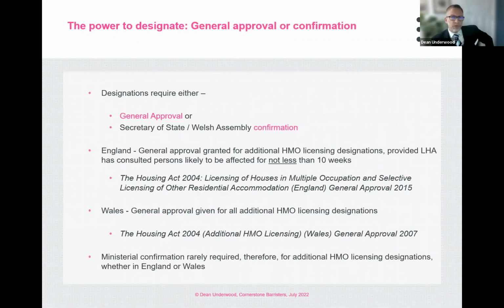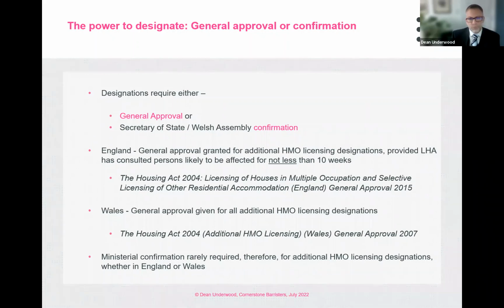So let's take a look at general approval or confirmation. And as we'll see, there is a critical distinction between the way this is dealt with in Wales and England. As indicated right at the start, designations require either general approval by the Secretary of State or the Welsh Assembly, or if there is no general approval, or that the scheme doesn't fall within a general approval, then confirmation by one or other body. In England, since